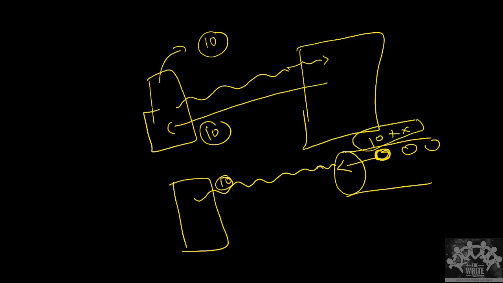Now this RBC is reflecting the sound back. I'll repeat it again. This RBC is reflecting the sound back. Whatever sound it received is 10 plus X. Now, again, the RBC is not stagnant. RBC is moving. It has its own velocity. It is still moving, and it emits this sound, the same sound, 10 plus X. Will it be of the same frequency or an increased frequency?